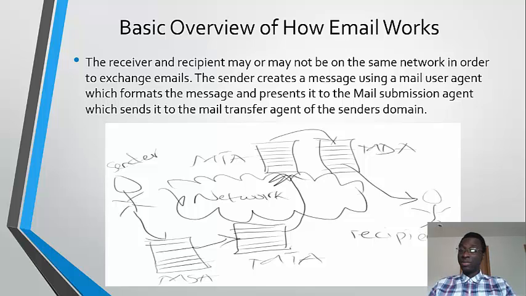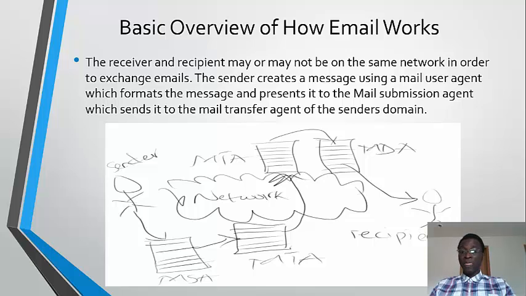the mail submission agent on the sender's domain, and this is further sent to the mail transfer agent on the sender's domain. The MTA, the mail transfer agent for the sender's domain, does a DNS lookup of the recipient's domain and tries to find the MX record. The MX record is a record that points to the MTA of